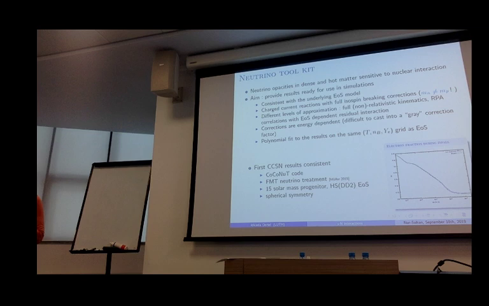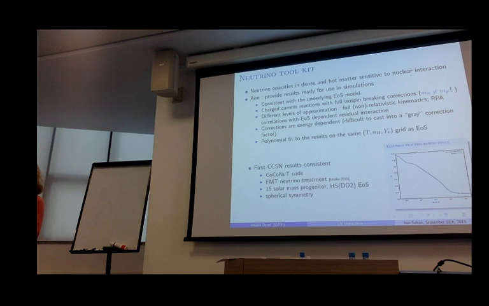Because sometimes you need a very low density region to follow the ejecta in the binary case. Yes, but in the very low density region, all these corrections would be very small. Yeah, small. So one possible thing would be that you have these neutrino reaction tables only at high densities, and